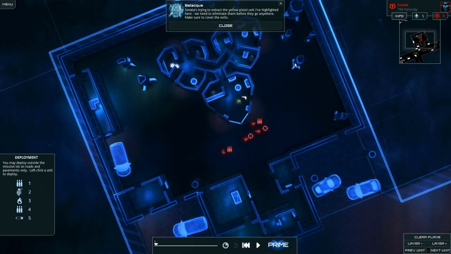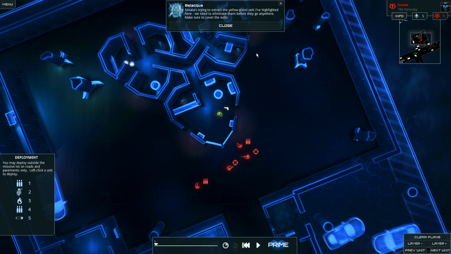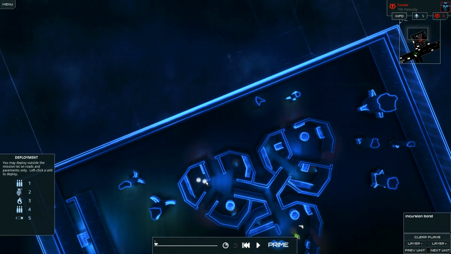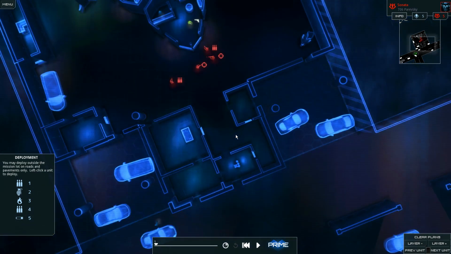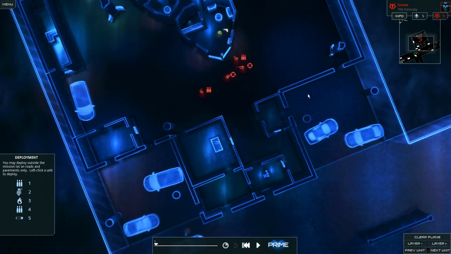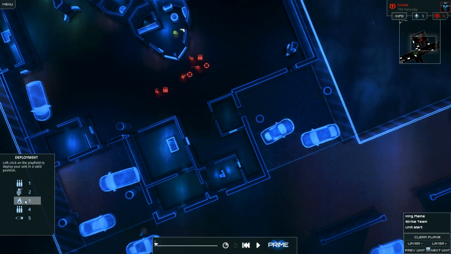Okay, what do we got? Sonata is trying to extract the yellow pistol unit I've highlighted here. Yellow. You need to eliminate them before they go anywhere. Make sure to cover the exits. Okay, easy enough. And there is a relic here. A live relic. So, alright, the area they're in is pretty enclosed. They have 1, 2, 3, 4, 5, 6, 7 exits. Not the number I would like. Can we...